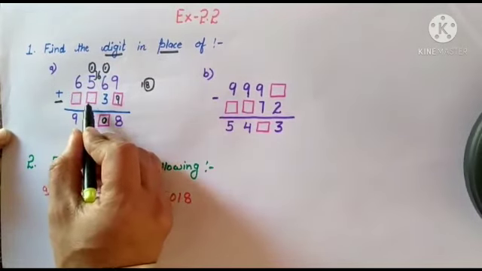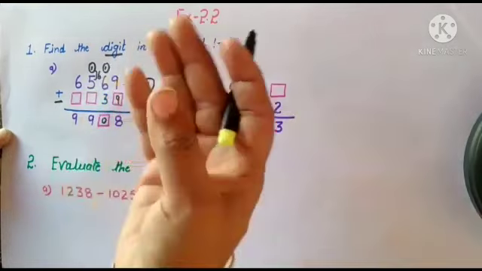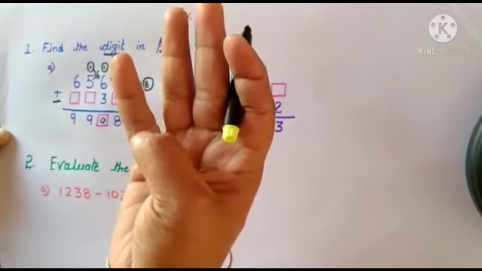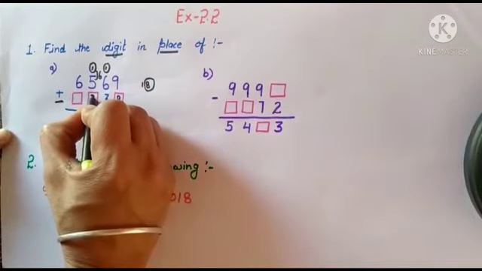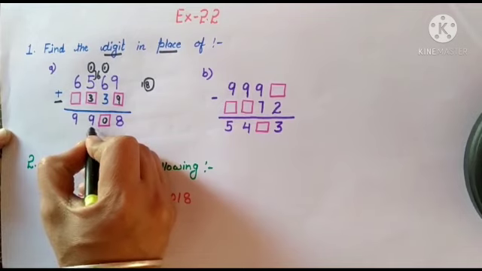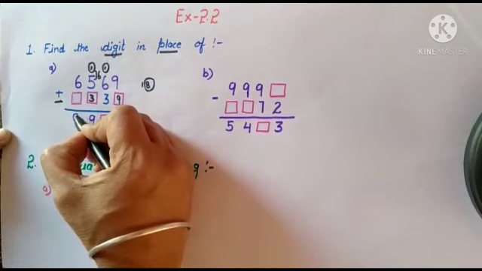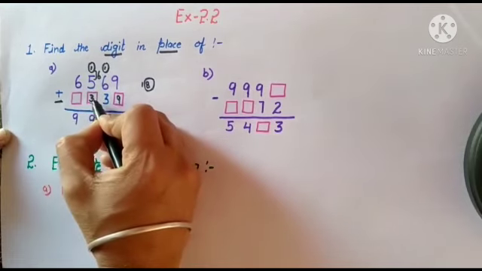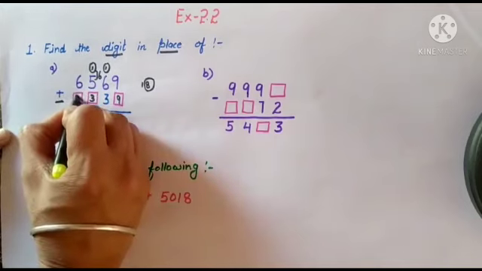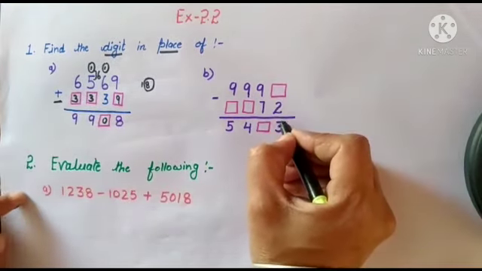What should be added to 6 so that 9 can come? 6 is there, then 7, 8, 9. Okay. In the 3rd digit we have to write a number so that 9 can come. So what should be added to 6 so that 9 will become? Here we have done it, na. Here 3 is coming. So here also it becomes 3. Like this you have to do here.